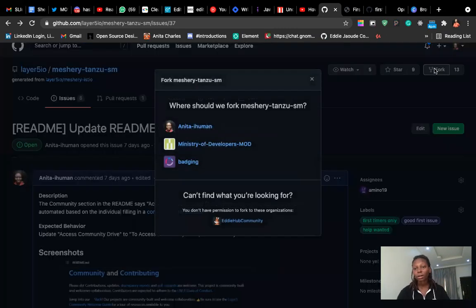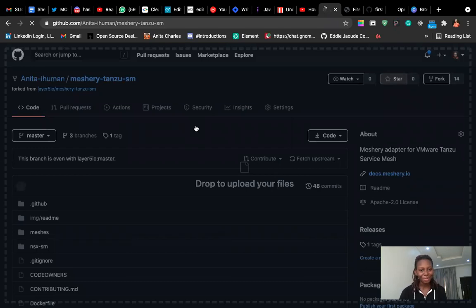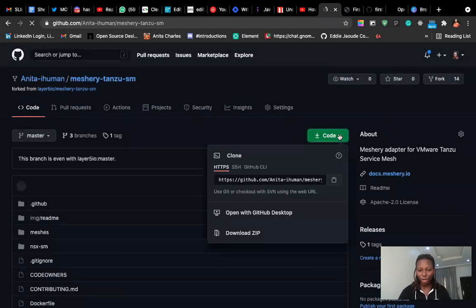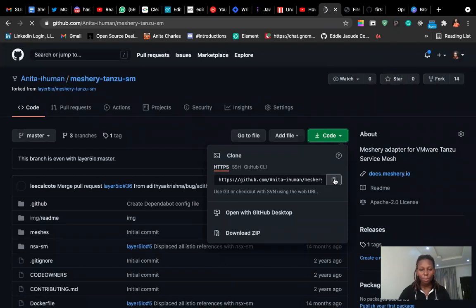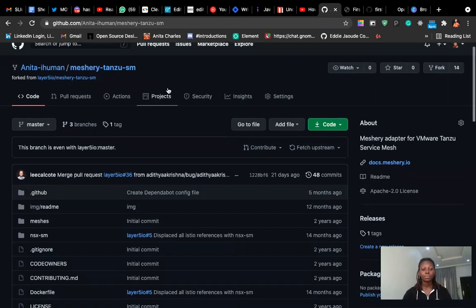So we make a fork, and the essence of a fork is to give you a copy of that particular project without spoiling the entire code base. So make a copy by clicking on your name there, and you will get a fork that you can work on. So you make a clone, copy this URL, and then do git clone in your terminal, and you would have this in your local, on your desktop, and make your changes.